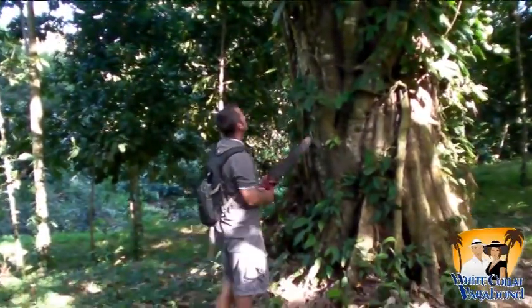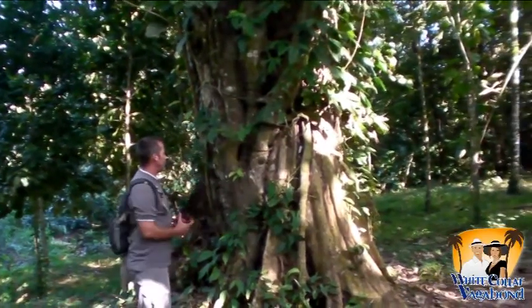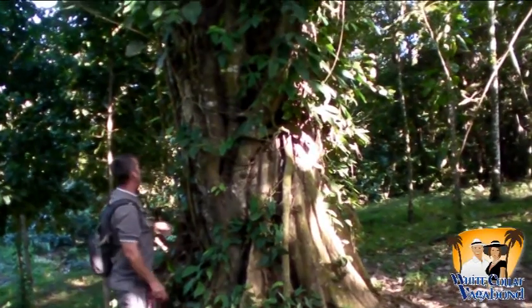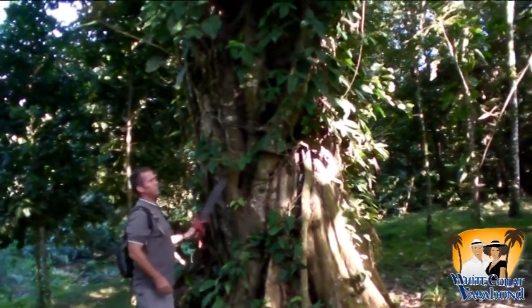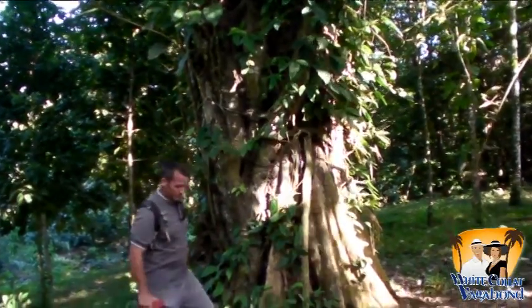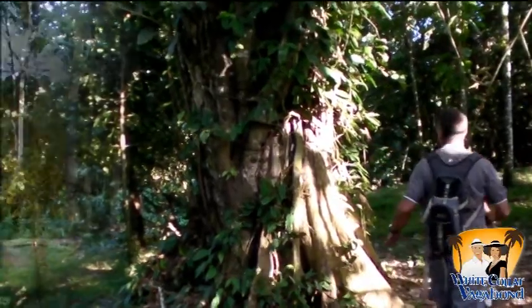This tree right here has a lot of parasite trees going around it. This isn't part of the tree. This is what they call a Montepalo. And this will eventually kill this tree if you don't cut it. But yeah, this is pretty cool. There's actually a couple different trees